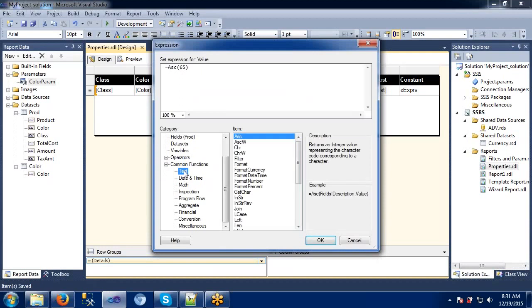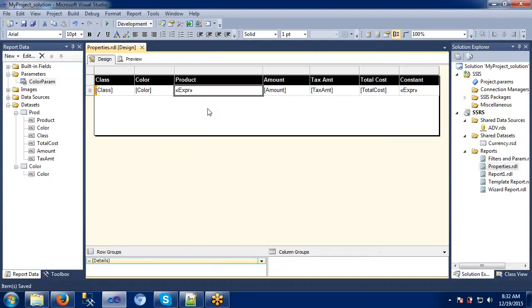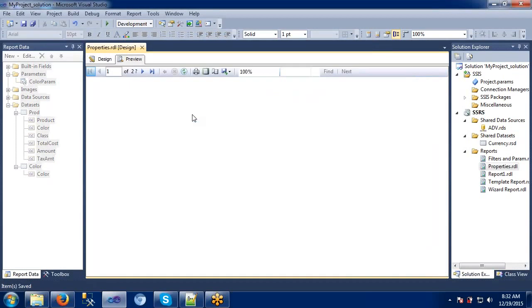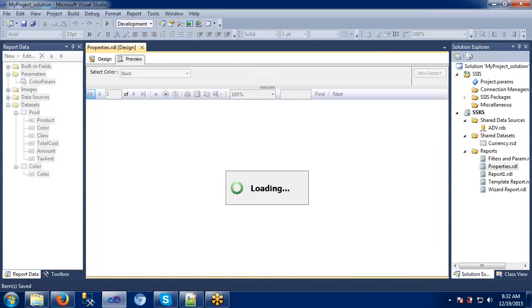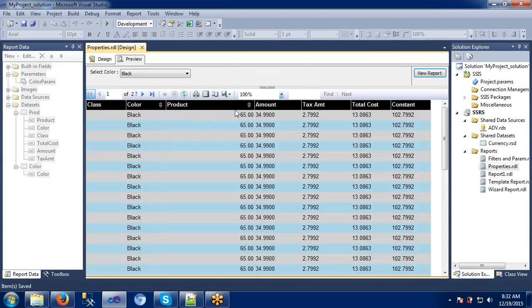In the text we can use all of this. It returns an integer value representing the character code corresponding to the character here. ASCII value of A. Let's see what is the ASCII value for this A. See, ASCII value for A is 65.